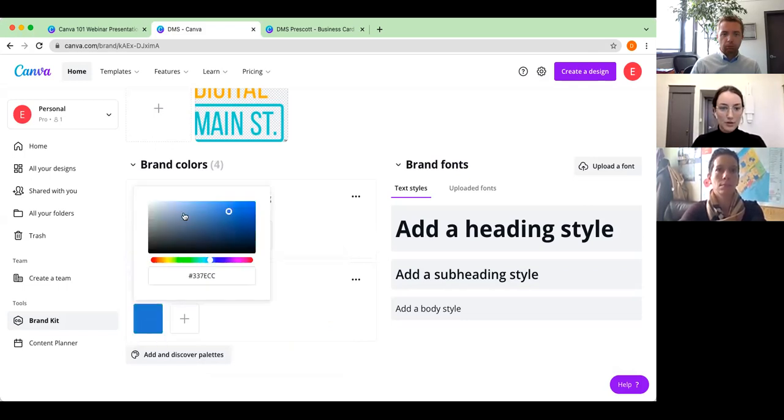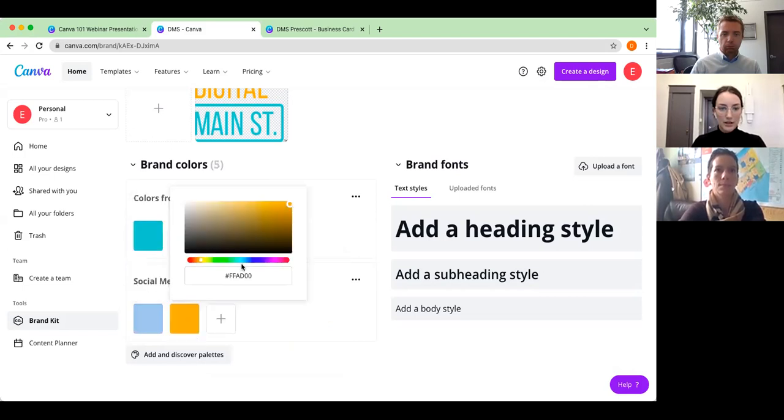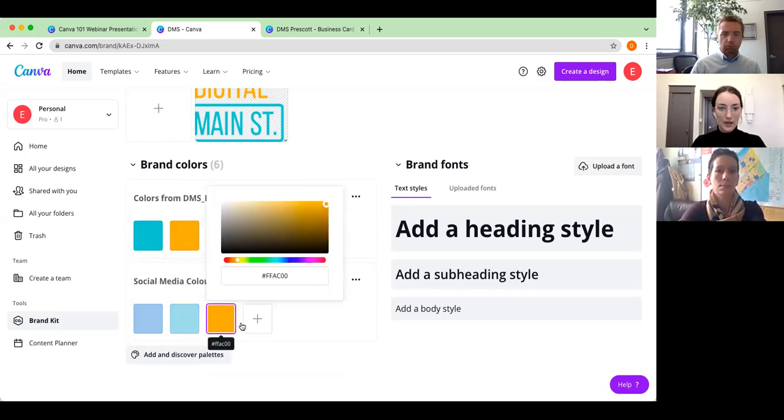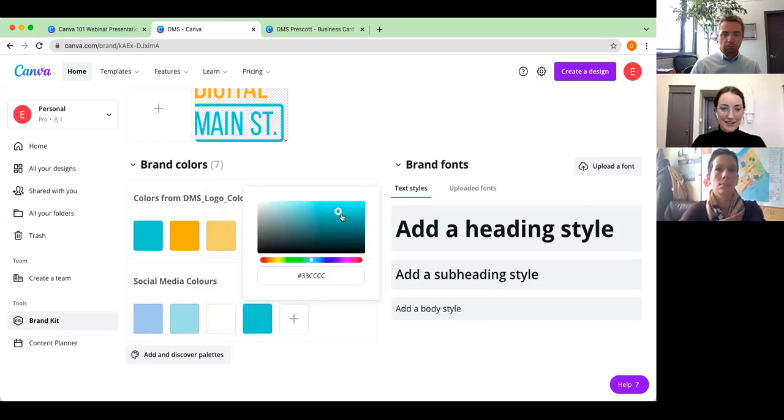We'll go with the blue. Maybe we'll make it a bit lighter because that goes with our brand. We'll go for a turquoise and just soften it up a little. I think it's always good to have white in there, just for a nice neutral. And we'll do,